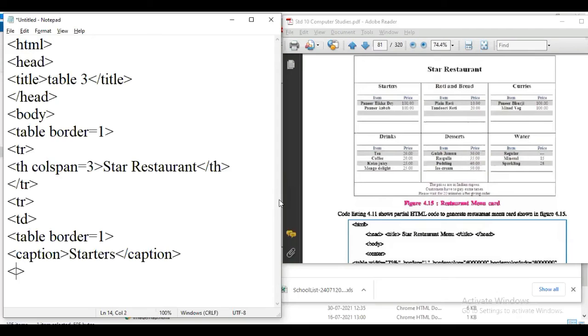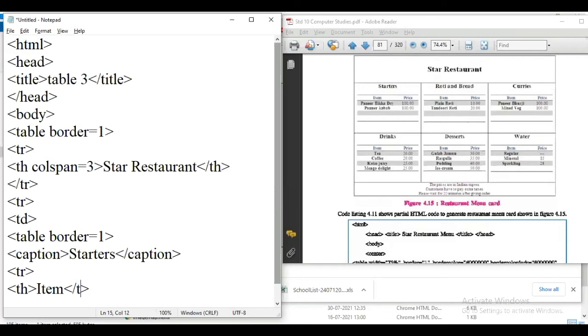So first row, in first row, first column we are supposed to use th because this text is written in bold and centered.